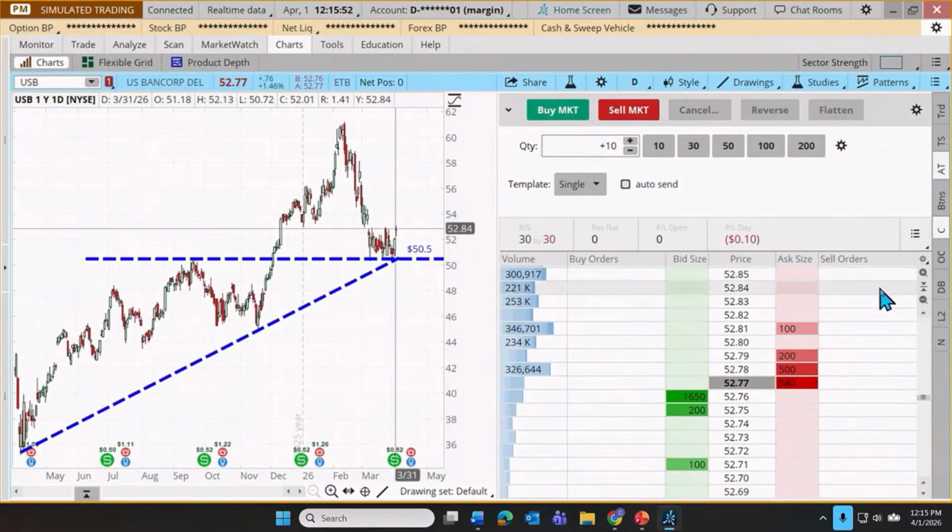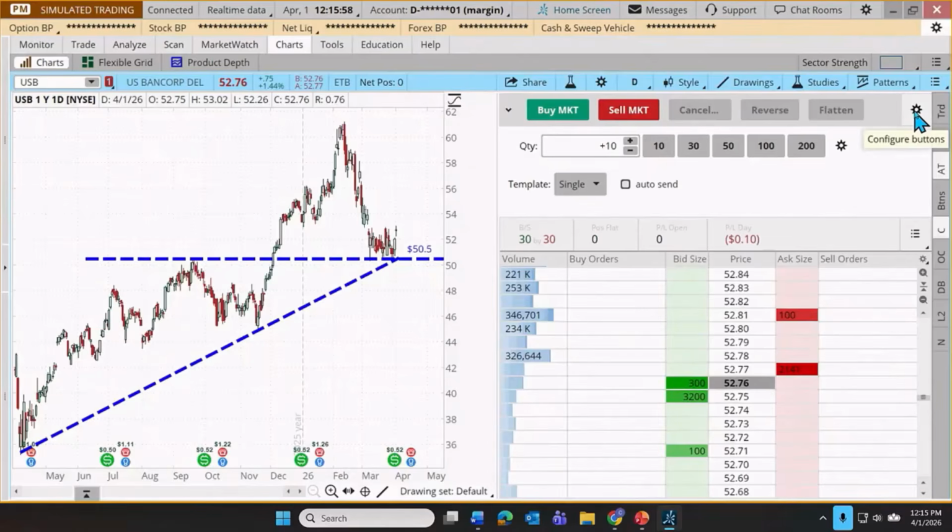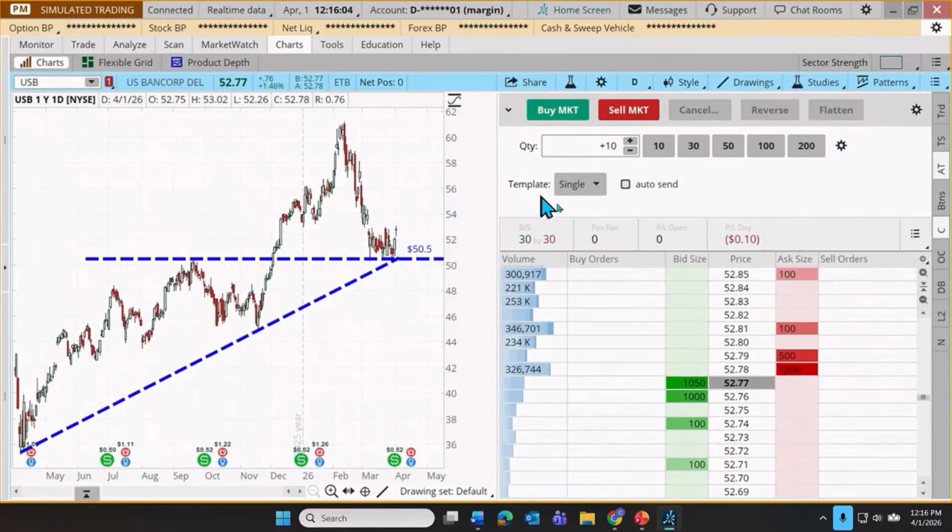We're going to go top to bottom and acquaint ourselves with each of these features. I'm going to click on the little gear, and anytime we see a gear, it just means that something can be customized. In this case, what it's telling us is that this top display can be customized. Let me click on this gear, and I'll just show you.